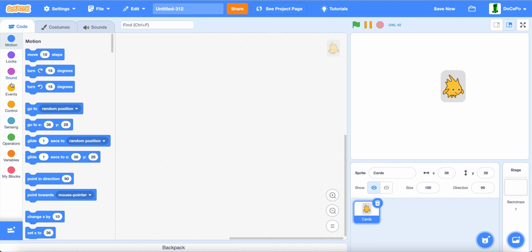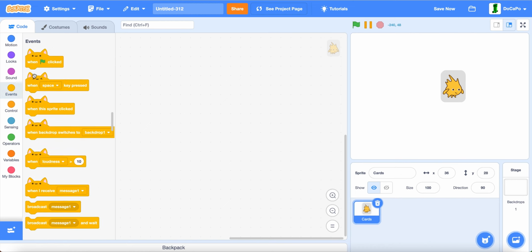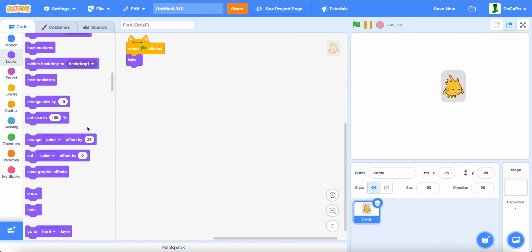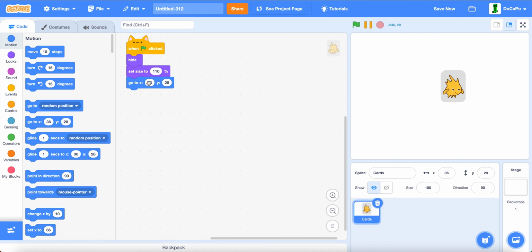Now, in the code, when green flag is clicked, hide, then set size to 110. Now, go to negative 187 and 100. Then, after that,